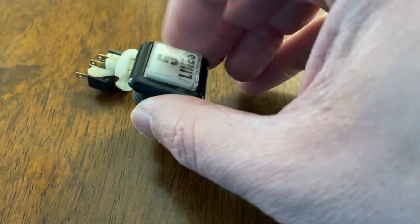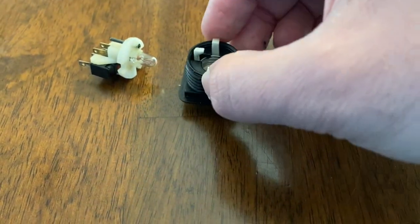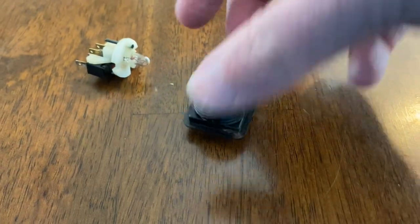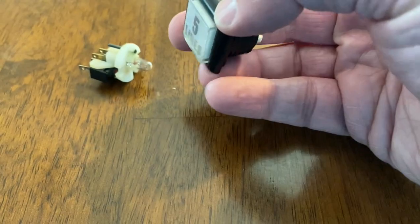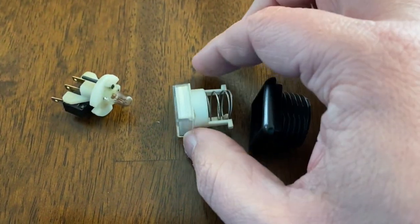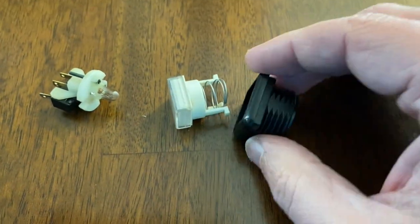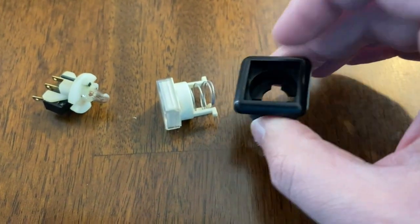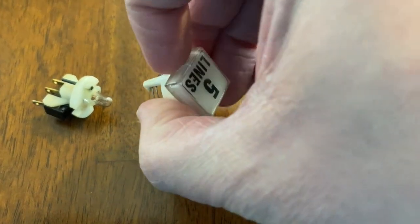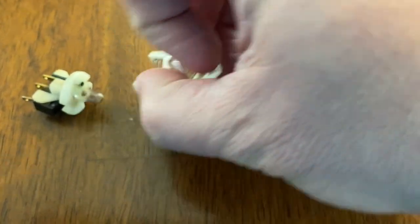Now, to get the top part of the button out, you just kind of squeeze these white tabs here and push it through. There's a spring in there as well, so just be careful you don't lose that. All right, this is what it looks like once you remove the white plastic out of the button. Now you just have this black button shell, and you have the top part of the button, and you can pop off